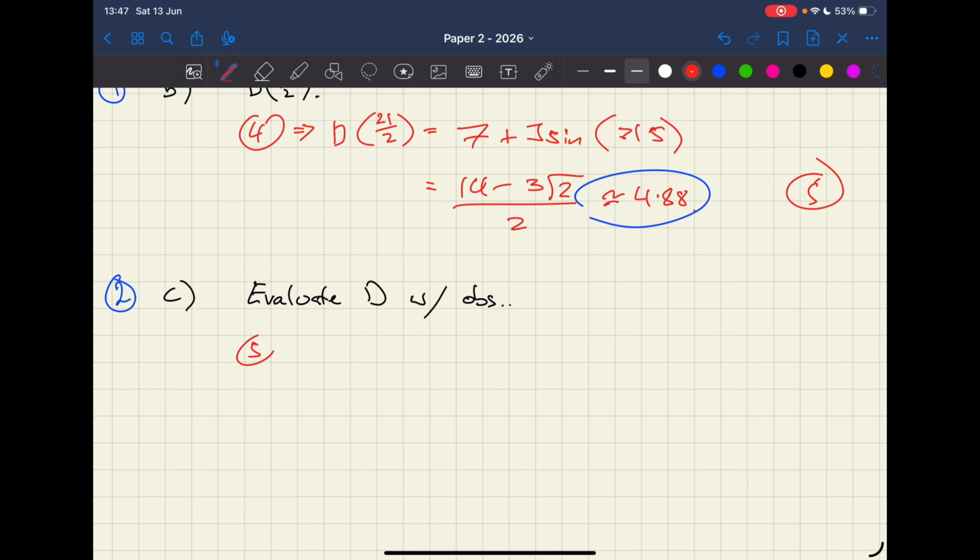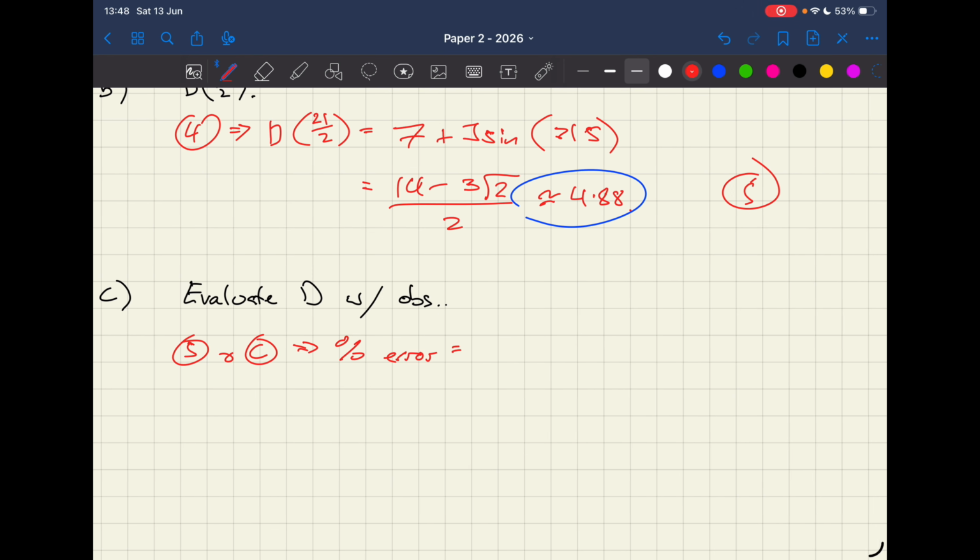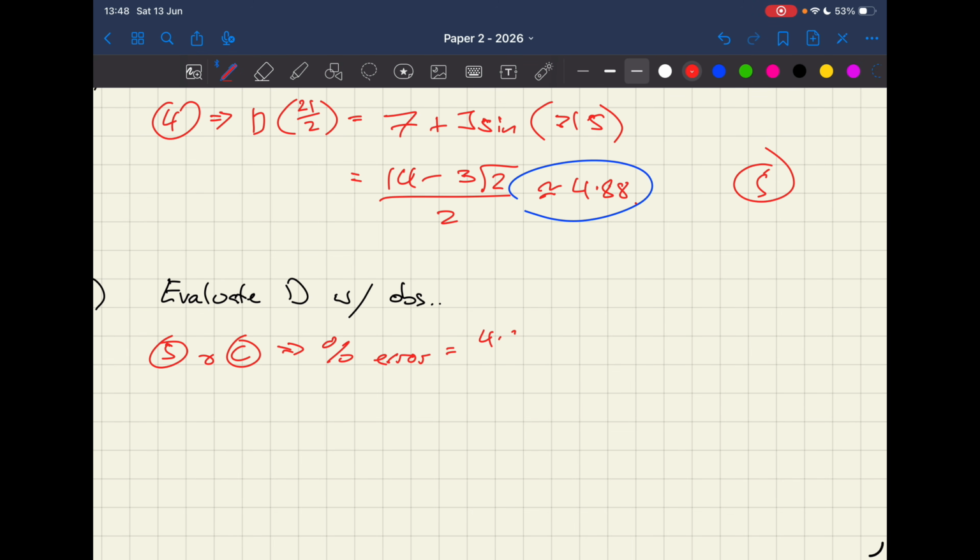So if we think about 5 and C, the way I like to do it is with the percentage error. So percentage error is going to be the difference in those things. So it's going to be 4.88 take away 4.9. We do want the modulus of that difference, so just ignoring the negatives of it, over the actual value, the one that we observed, and timesing that by 100 to turn it into percent. What do we get? Well, top is obviously 0.02, isn't it? And dividing that by 4.88, times it all by 100,